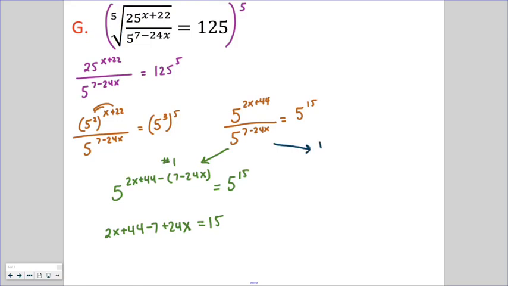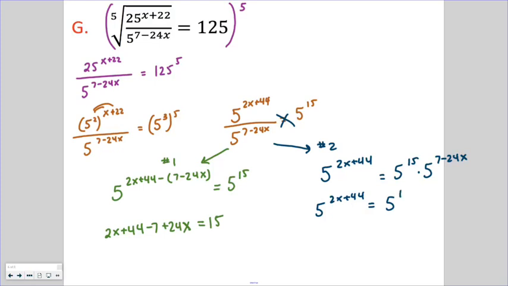Second option would be the cross-multiplying option. So that's going to leave me with 5 to the 2x plus 44 on the left-hand side. On the right-hand side, that's going to leave me with 5 to the 15th power times 5 to the 7 minus 24x power. And then we can add those exponents together on the right-hand side. And then we can set the exponents equal to one another because the bases are the same and solve for x. Okay? In any case,